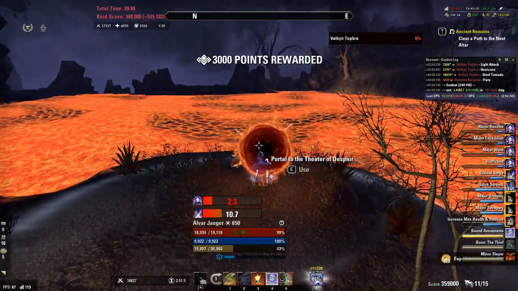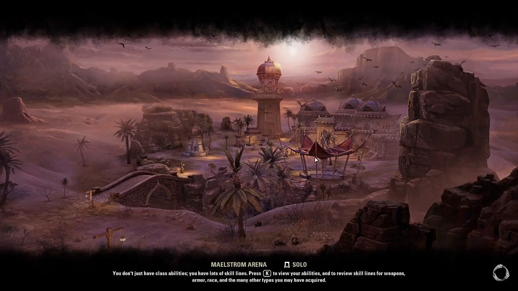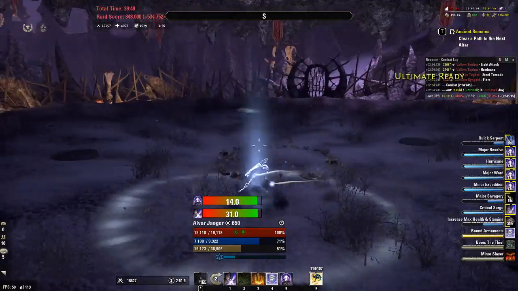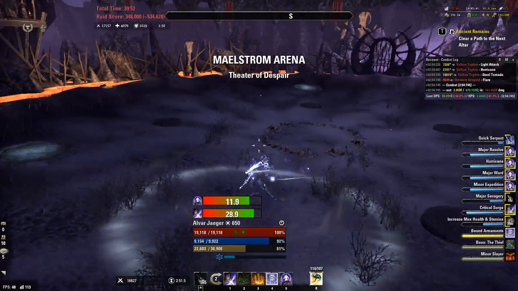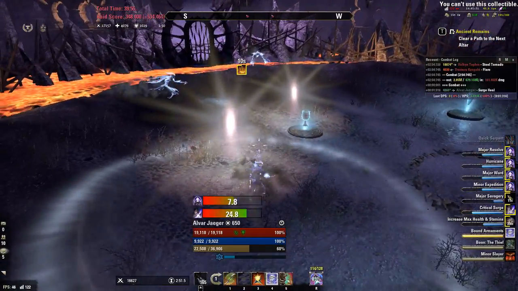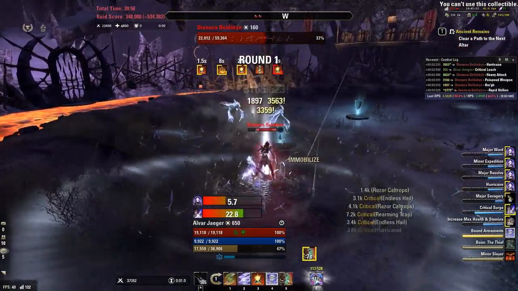Right, next stage. Tragic irony: not dying to the mini boss like DK, not dying to bosses, and dying to the stupidest things. Sometimes it's just...